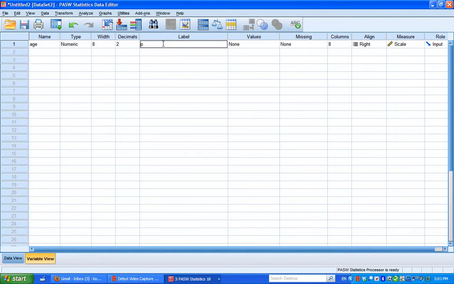It's going to be participant age in numbers, in years. Participant age in years. Now, there may be situations when people did not answer this question in the survey, or